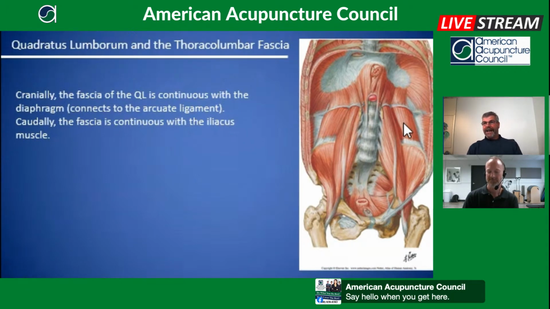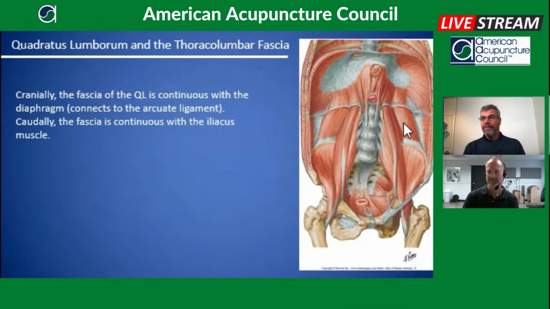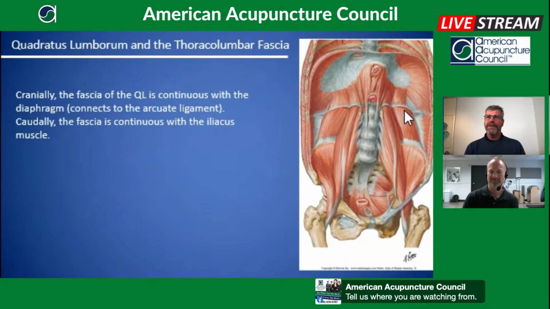Looking here at the anterior view, you can see the quadratus lumborum there that Brian has his cursor on, gracefully placed, I might add. Where the quadratus lumborum inserts, it has a direct connection to the diaphragm at the arcuate ligament. That would be the lateral arcuate ligament, and going over the psoas would be your medial arcuate ligament. It's kind of like a sleeve, part of the function of the diaphragm, which is an important thing to remember when you are treating low back pain.